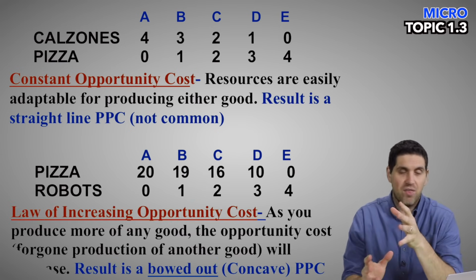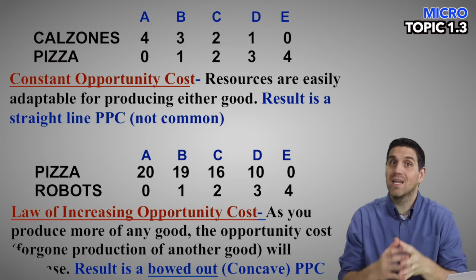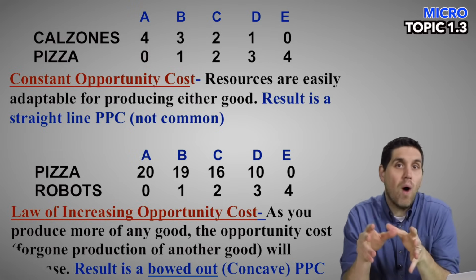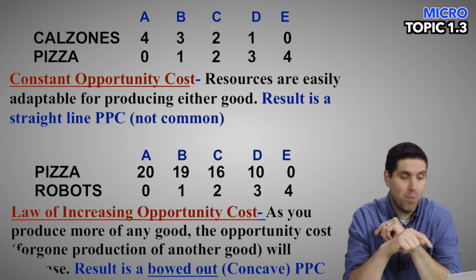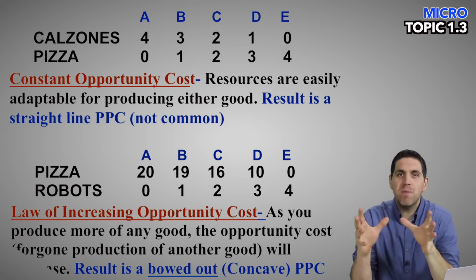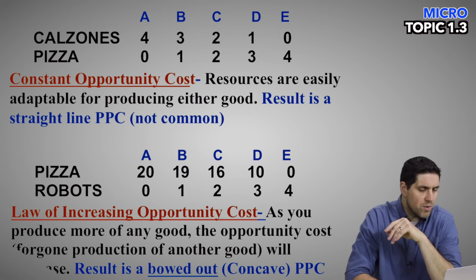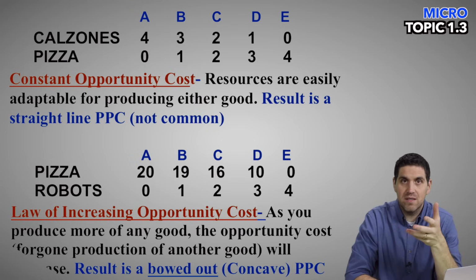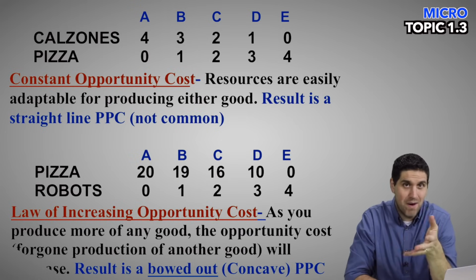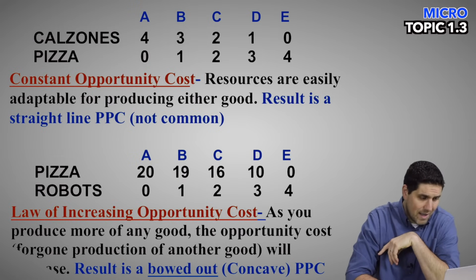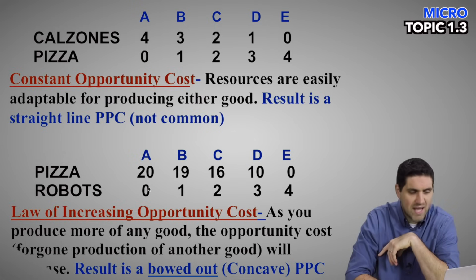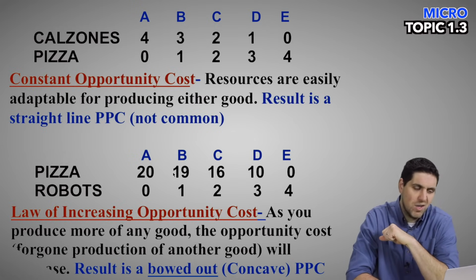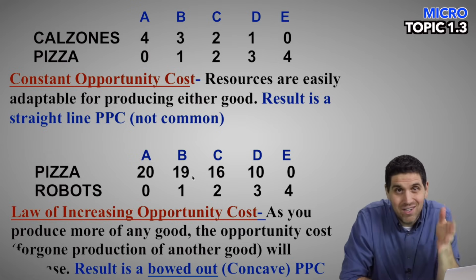As you produce more of anything, the opportunity cost to produce it is going to get bigger and bigger. And the reason why is because resources are not easily adaptable between the production of these two products, pizzas and robots. Let me explain why with an example. If we're producing combination A, we're producing all pizza. So all workers, including workers that are better suited towards robots, are working at producing pizza. Now when we move to combination B, we're moving out those scientists and those people who are good at making robots. We gain 1 robot and we don't lose very many pizzas